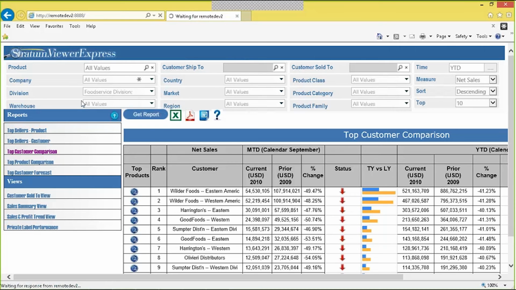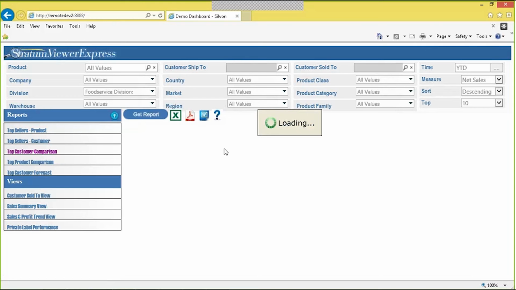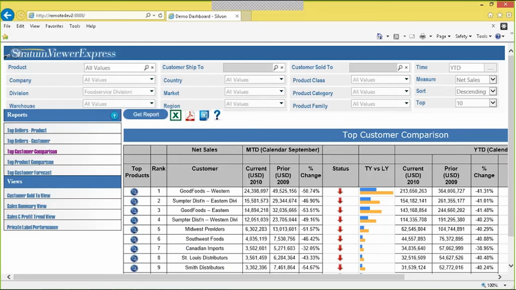So now I'm actually filtering on one specific division for my food service, and I'm waiting for the report to render just for my food service customers. And here they are. And it is certainly a different list of customers here. So, you have the ability to select one, or if you want to select all values, that's available obviously as well. Maybe you want to select,